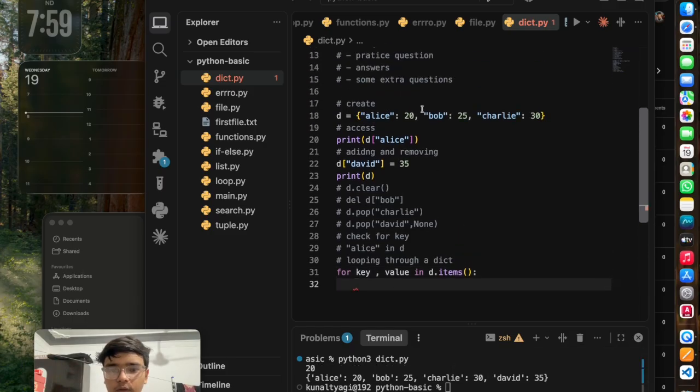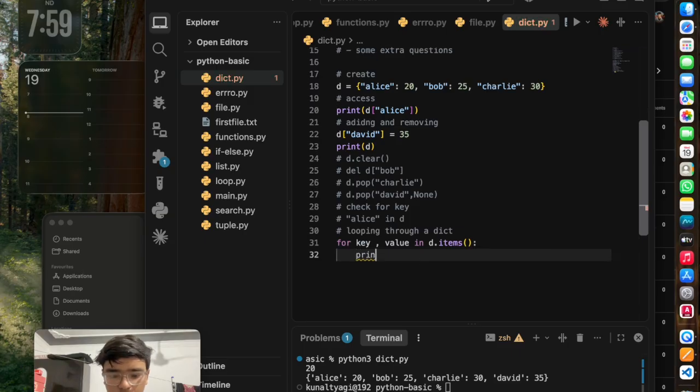So if you see here, we have two values, so we have initialized two variables here. D dot items will give us the values inside the dictionary, and now we are taking these values two at a time. So now if I print, let's just use an f statement.